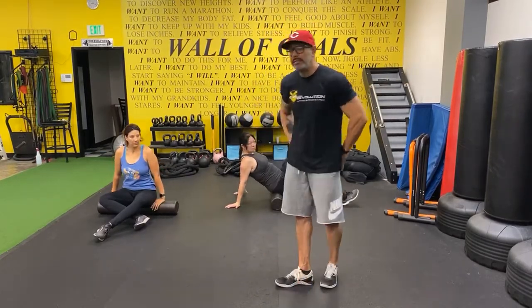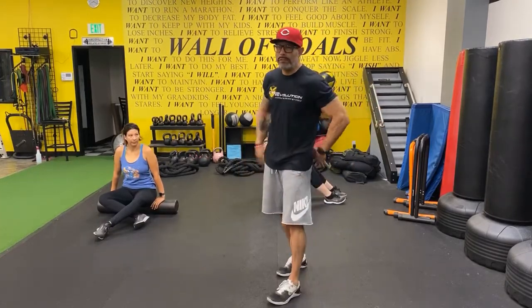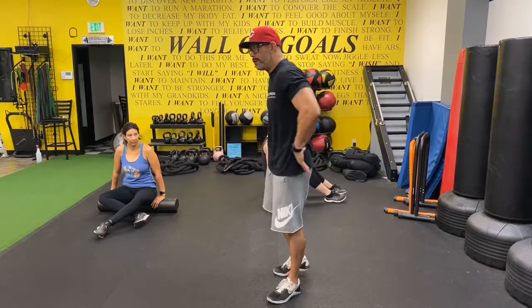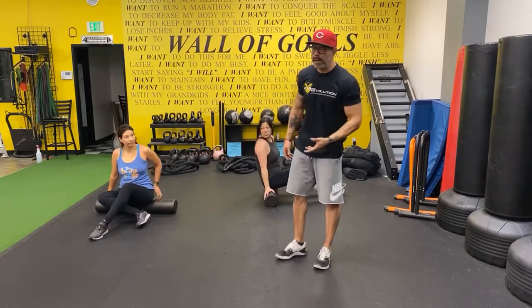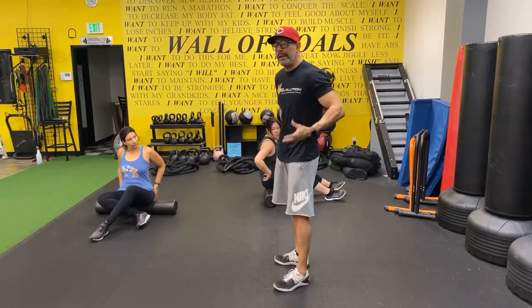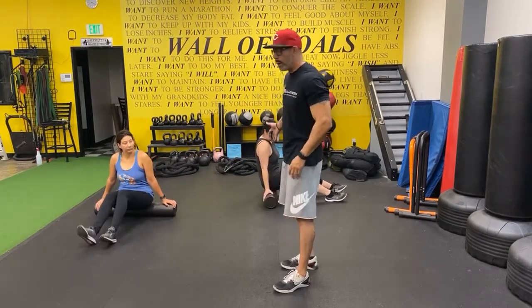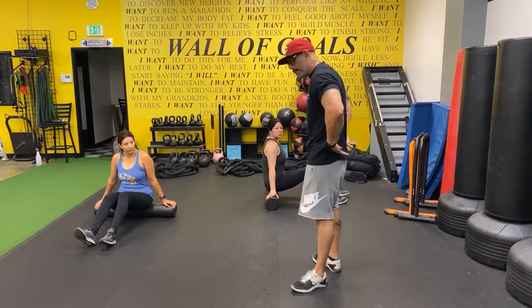But someone comes to me and says, hey, I'm having lower back issues. The first thing I'm going to do is either have them roll out their glutes, or I'll massage somewhere around there, or their piriformis, or their gluteus minimus, to see if maybe it helps alleviate some of the pain. Because most of the time, if you have a pain in here in your lower back, a lot of the times it's not here, it's either below or above. So we can roll out our back like that to get above it. Now we're going to hit our glutes to see if we can get below,